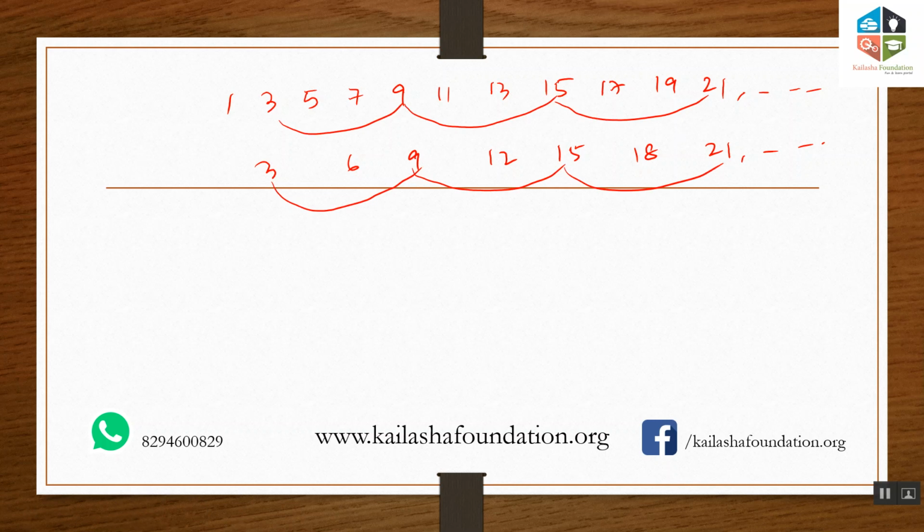Every alternate term we can see. So, every alternate term, so 40 terms are here which have the potential to satisfy the condition